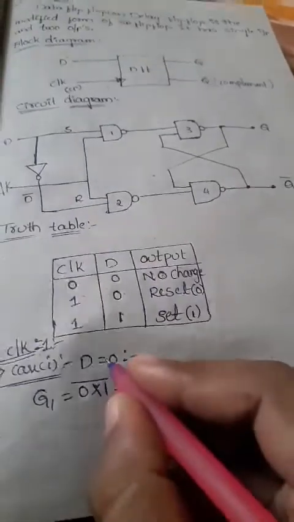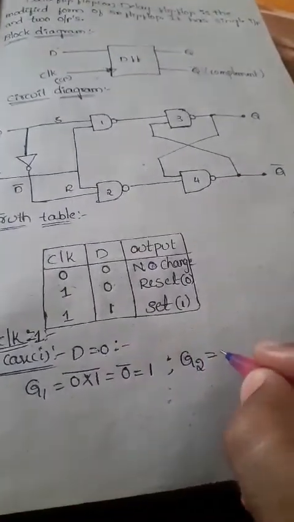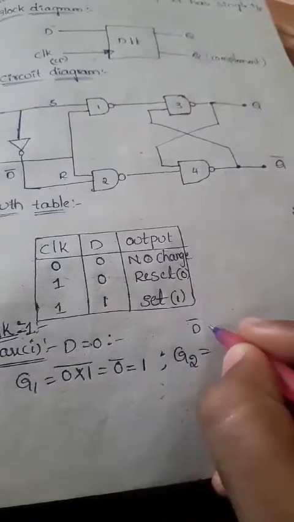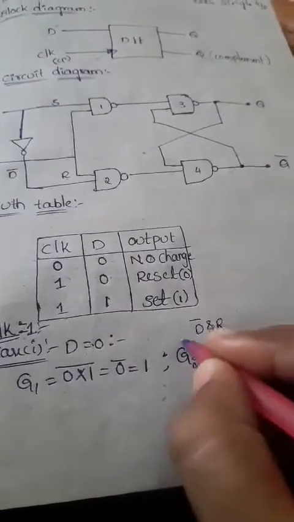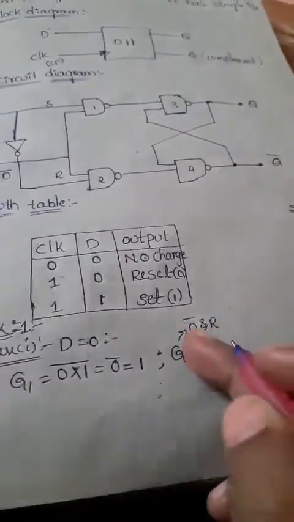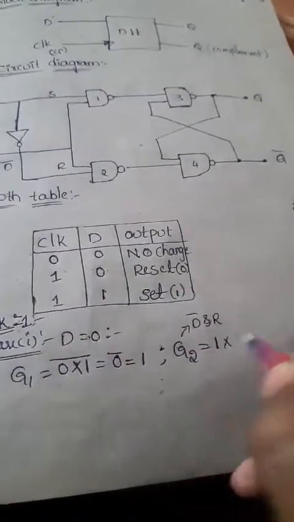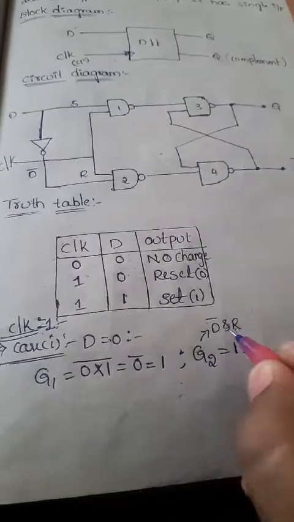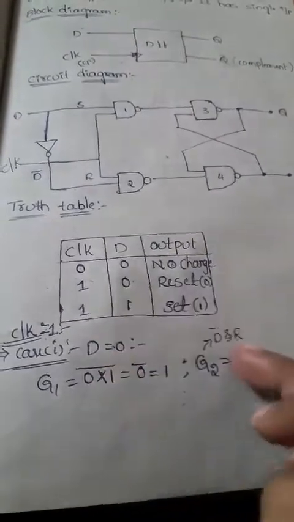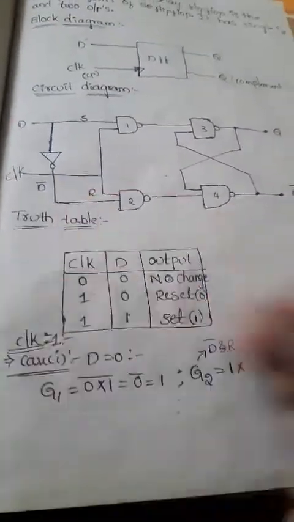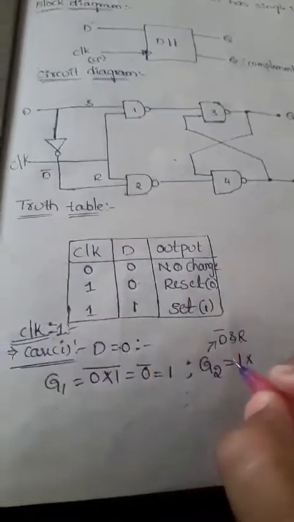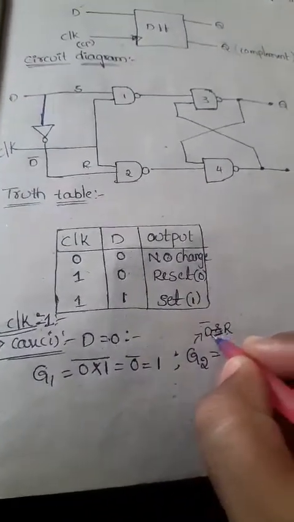So what is the result we are getting? Here D complement and R for the G2 gate, right? D complement is nothing but 0 complement, and 0 complement is 1. So 1 into what is the R value here? So the R value is nothing but we can say the D value, right? So here both will be equal to the